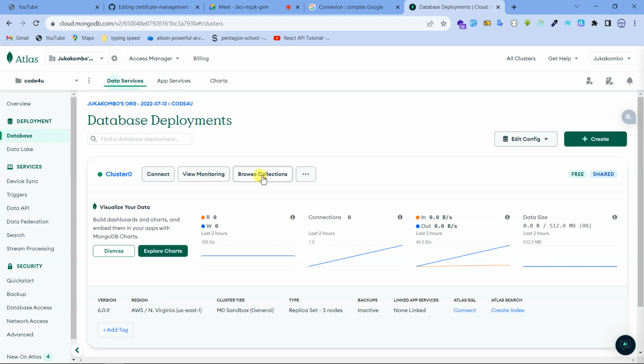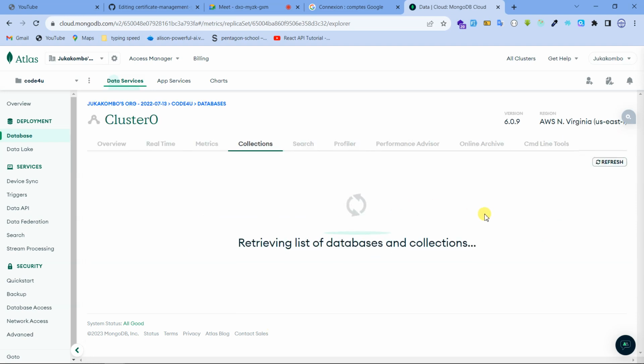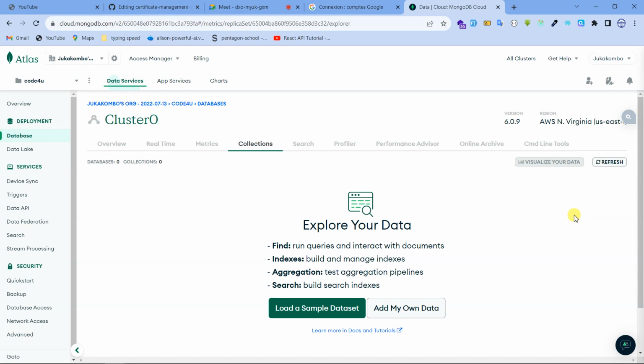Just click here on browse collection, like this. You can see they're showing all your charts and they're retrieving data. You see here you have 0 data here,